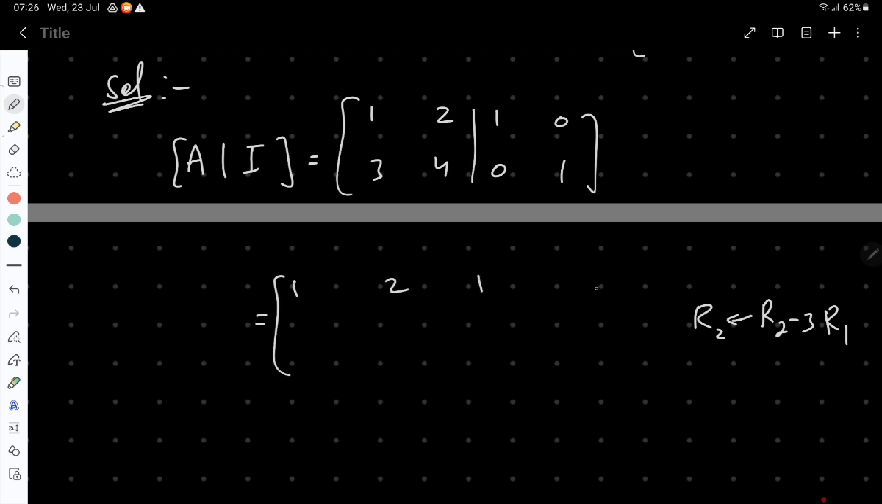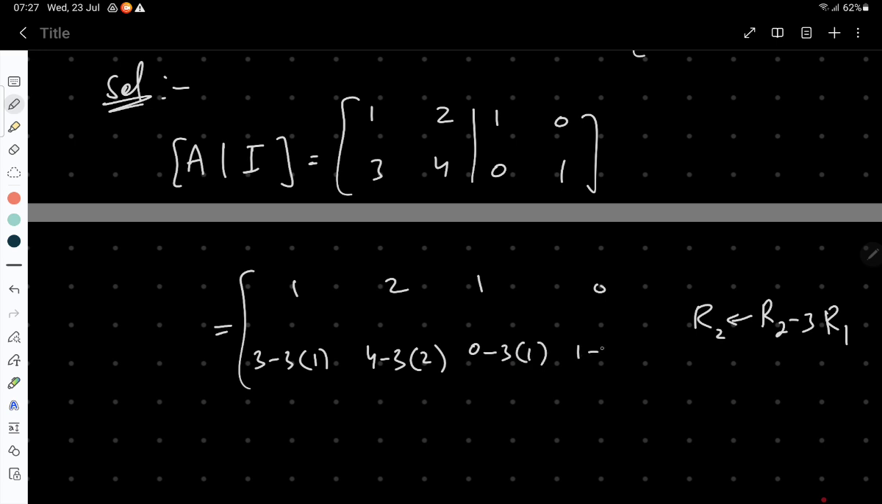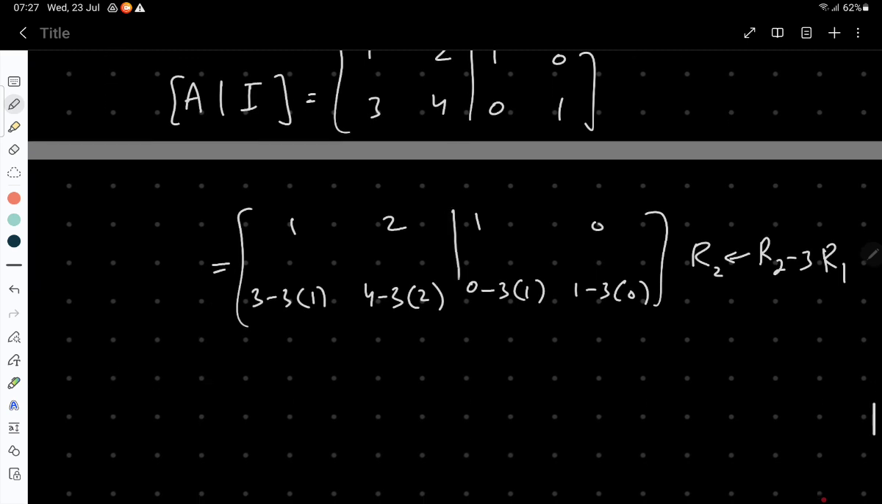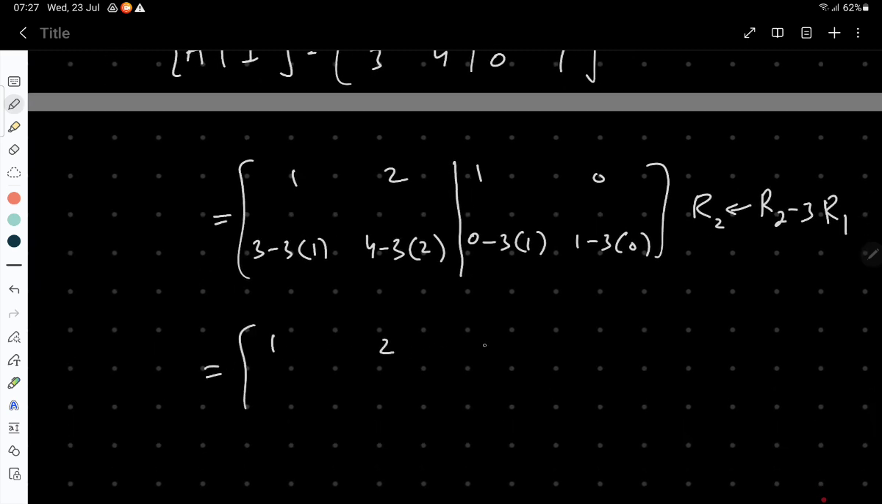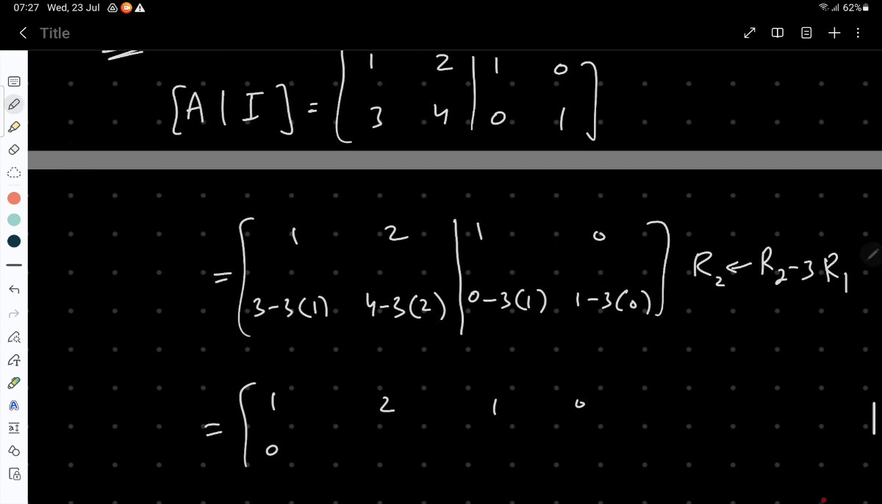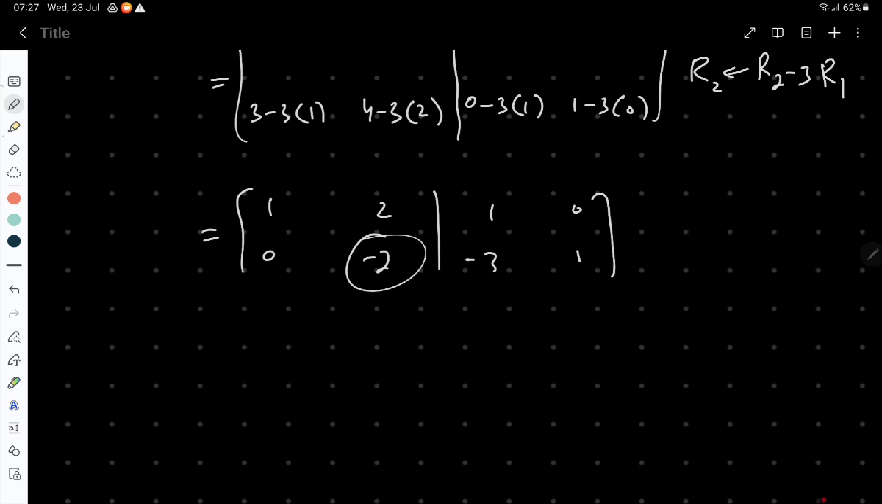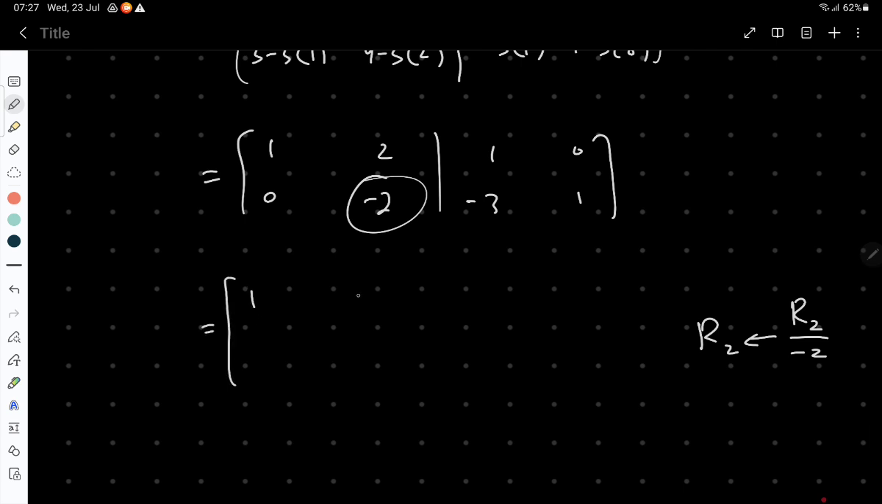So 1 2 1 0. So 3 minus 3 times 1, 4 minus 3 times 2, 0 minus 3 times 1, 1 minus 3 times 0. This is the operation. Let's simplify this. 0, this is minus 2, and this is minus 3, and this is 1. Now we have to make 1 here. How can I make this 1? If I divide R2 by minus 2, and this is my new R2, then it can be 1. 1 2 1 0 0, and this is 1, this is 3 by 2,